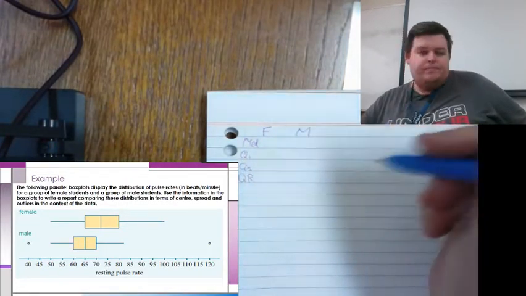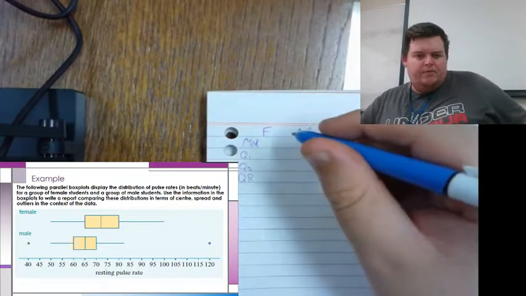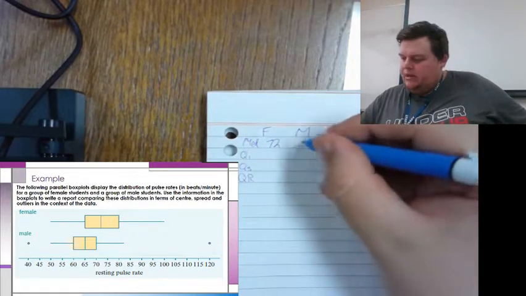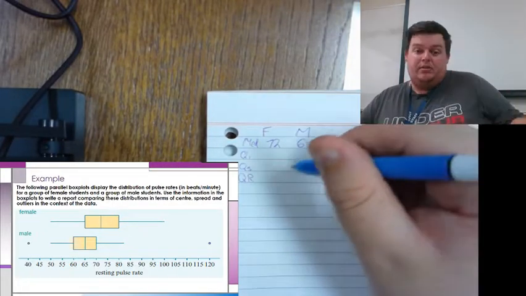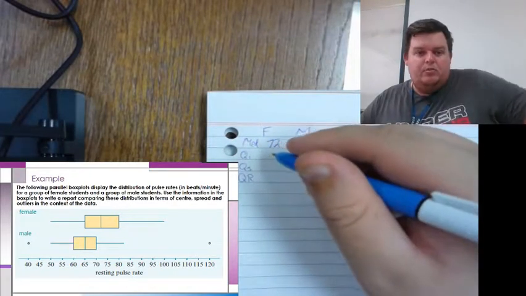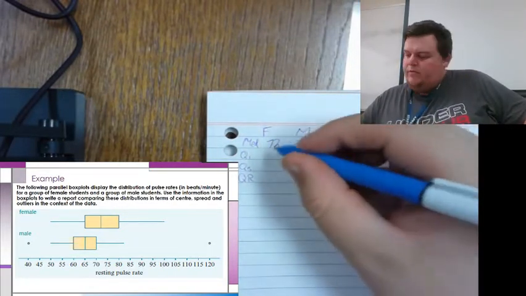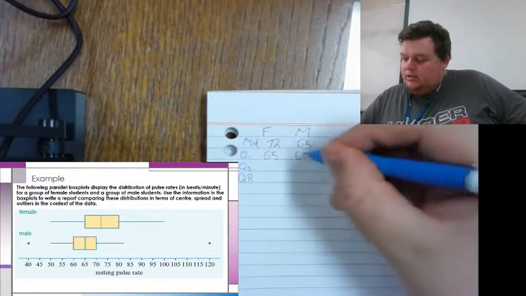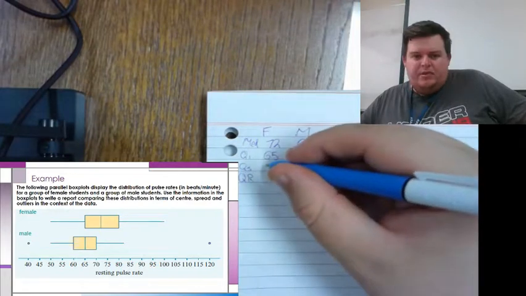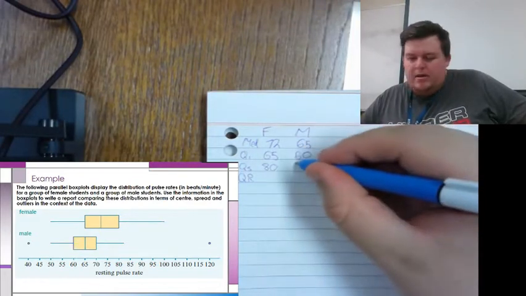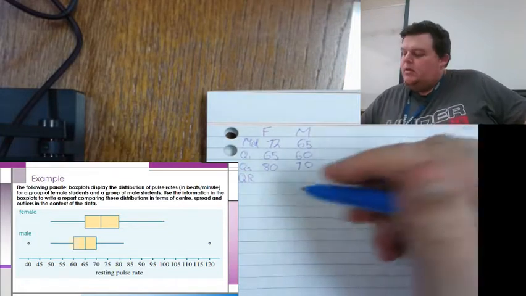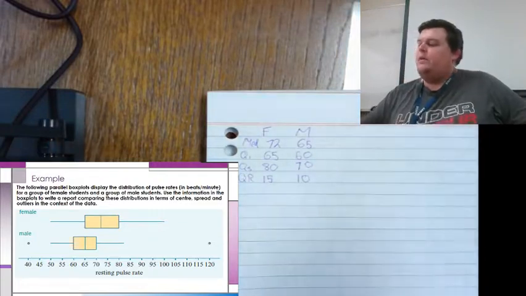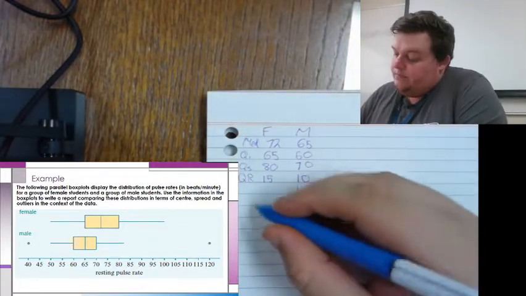IQR. So the median for females looks to be approximately 72. Males 65. I'm just reading this purely off this as well. Q1 for females looks to be 65. Males 60. Q3 females 80. Males are 70. So the IQR for females is 15. For males it's 10. So from this you would say